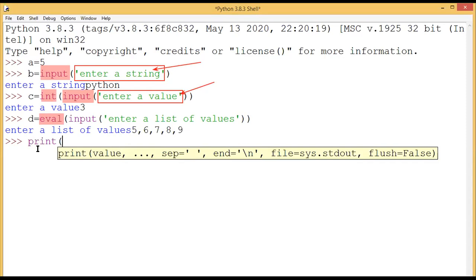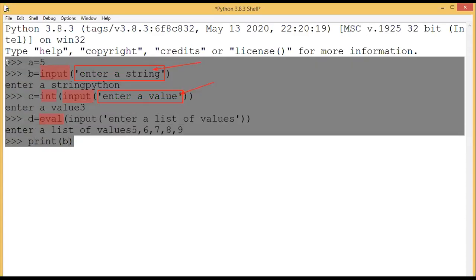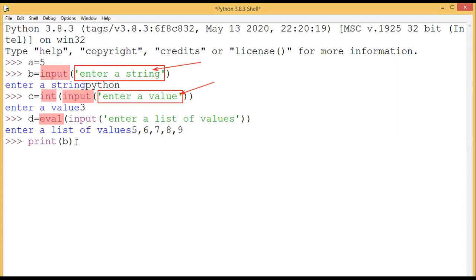If you are just giving print b, what will display? Python. Because on the same screen it will display whatever value is related to b, that is, it will display the stored value. Python is the stored value, so it will display.